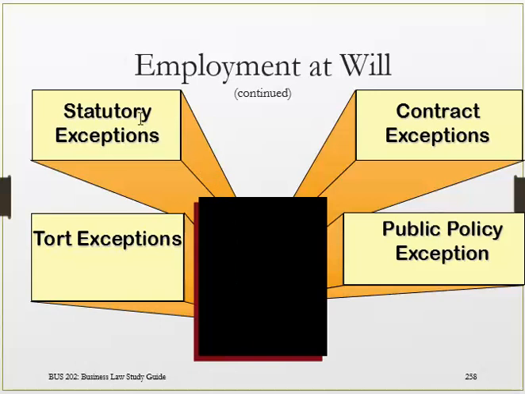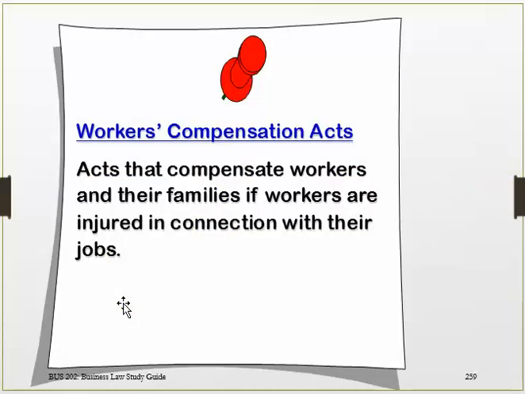There are statutory exceptions. In other words, there are laws that say that you can't be fired for reason XYZ. There are contract exceptions. In other words, you might have made an agreement with the company to be there for a certain number of years or a certain number of months, or that you wouldn't be fired without cause. There could be tort exceptions where the employer is doing something to damage you. And there could be public policy exceptions where a court can say, we think that for the good of the public policy, we really ought to prevent people from being fired based on this particular reason.